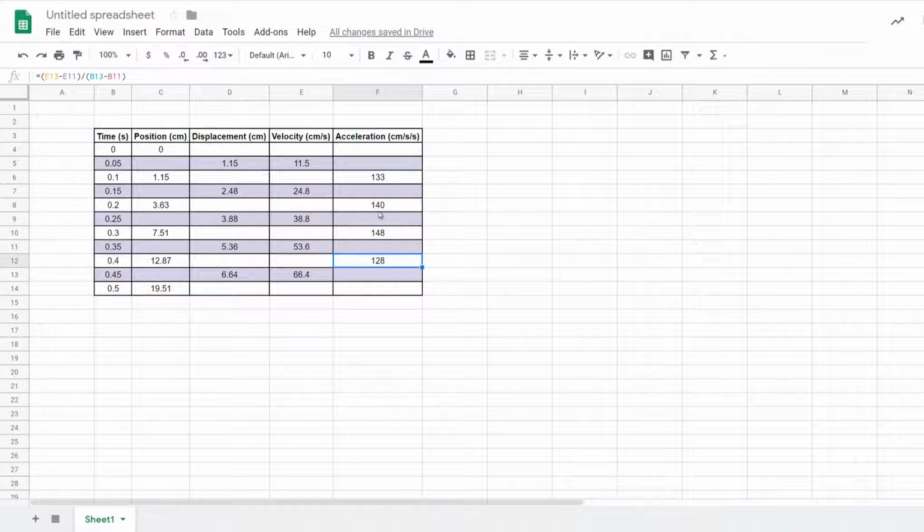You can see the number isn't changing too much. There is a little bit of uncertainty and error, which completely makes sense, but our highest number was 133. It is approximately, let's say on average, a little bit below 140. You can see that the acceleration is decreasing, and if we continue these numbers, we would actually see that the